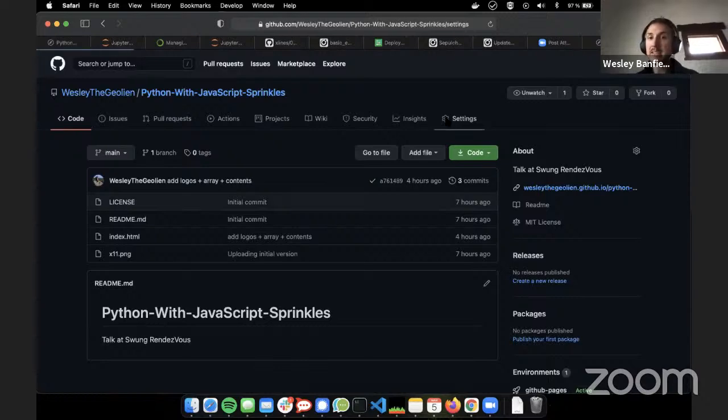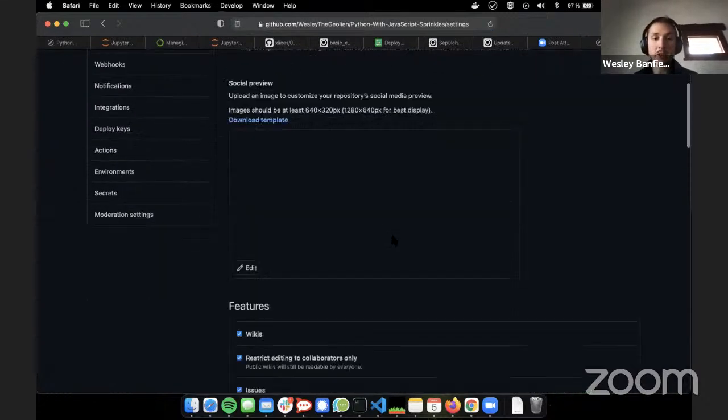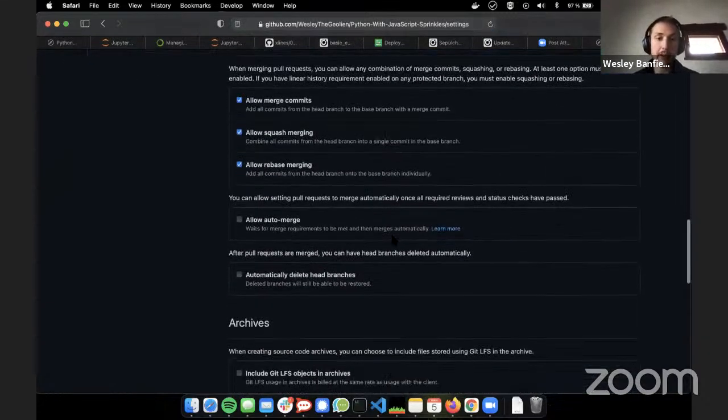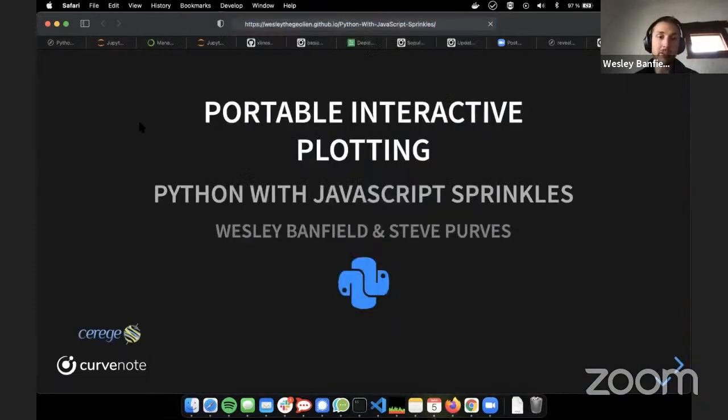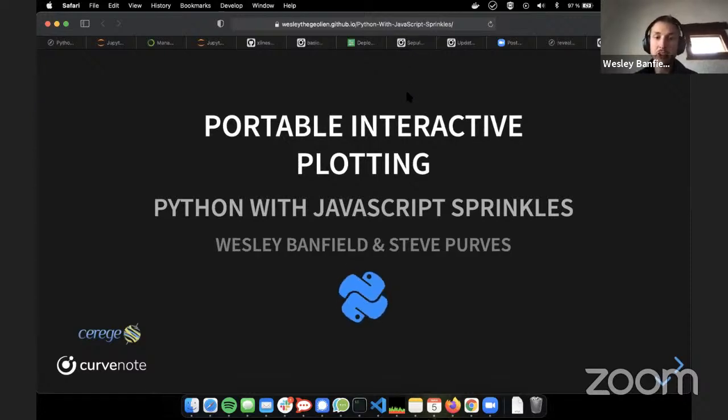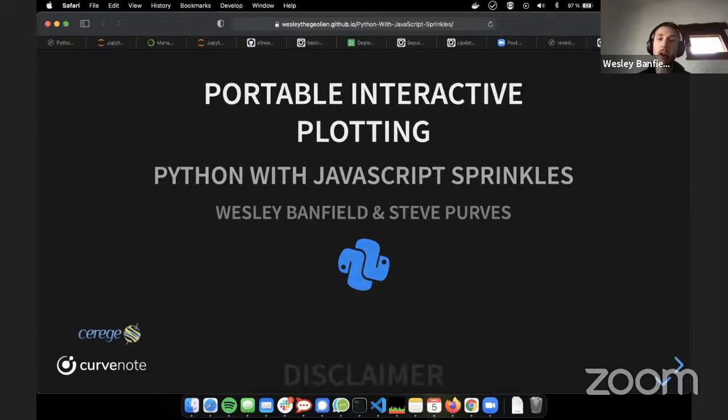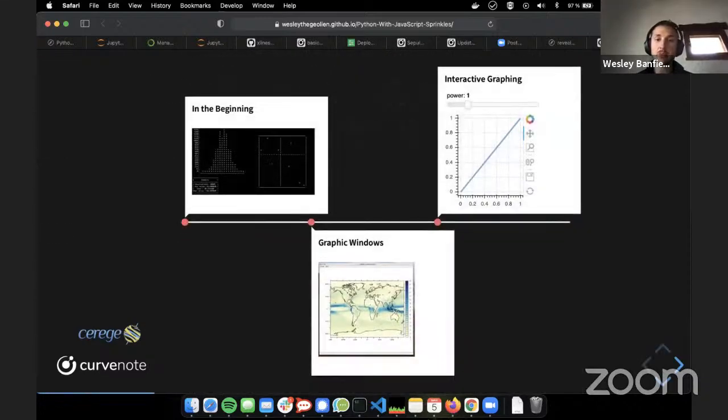Then if you go into settings here, and you go down to GitHub Pages, and you set the source to your main branch, or the branch that you want to deploy off of, and set up where you want it to look. Now if anyone goes to this site, it's not quite finished, this presentation. I haven't got the latest version, but we've just deployed this static HTML file online, and all of that interactivity I was talking to you about earlier